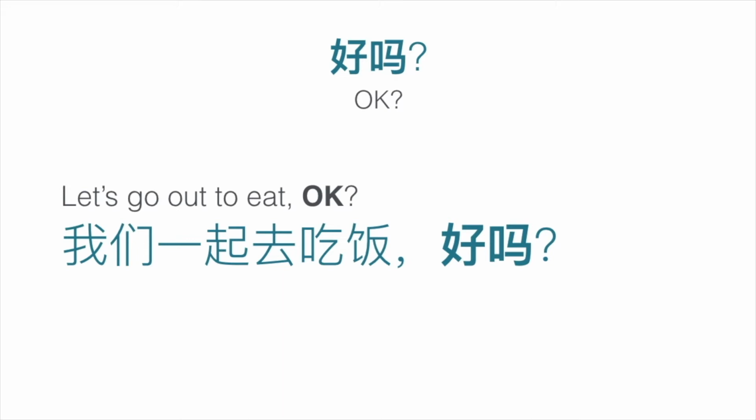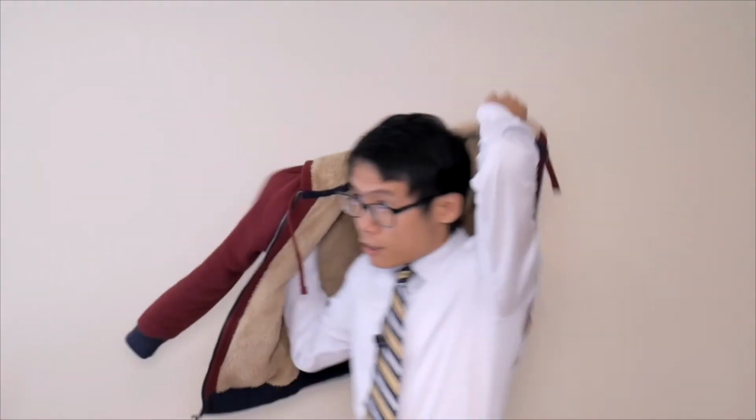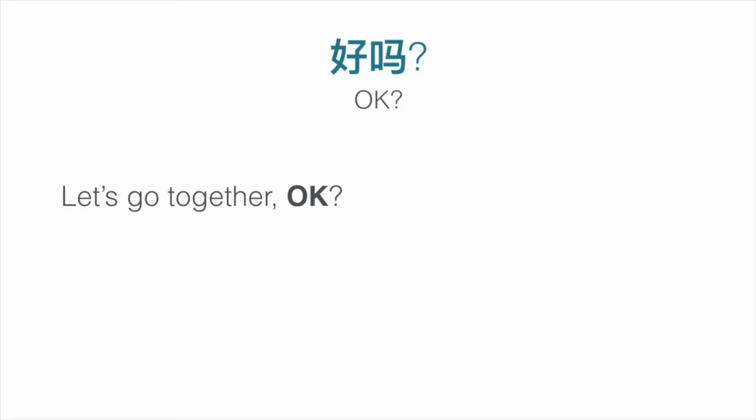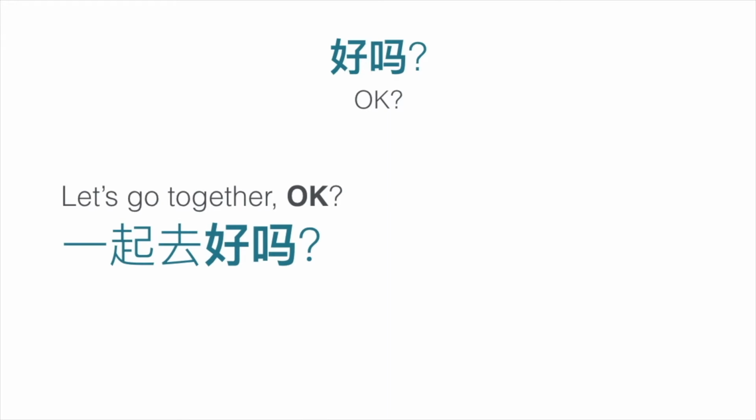Would be, 我们一起去吃饭，好吗？我们一起去吃饭，好吗？ 我走了。 去哪儿？ 去饭馆吃羊肉。 哎，等等，一起去好吗？ 我刚才说什么了？我刚才说一起去好吗？